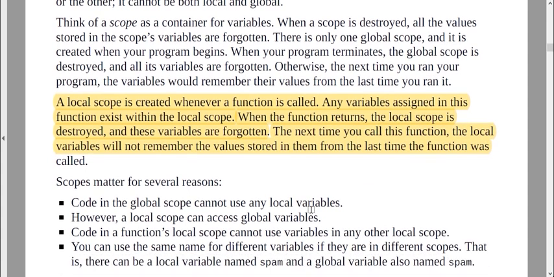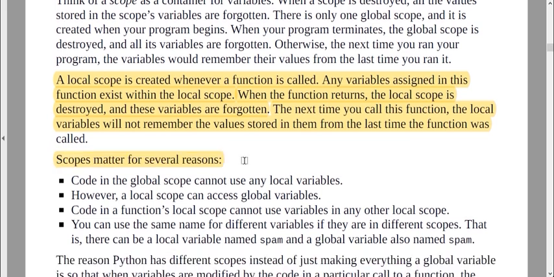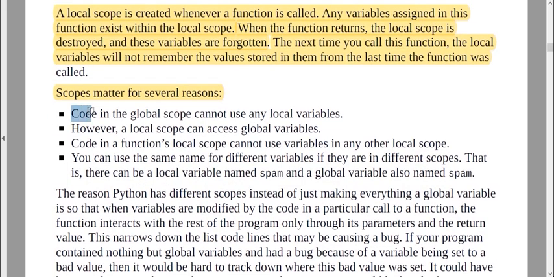So there are certain reasons why scopes matter. Let me tell you the reasons. The first one is, code in the global scope cannot use any local variables. That means any global variable cannot access any local variables from a function's call. However, a local scope can access global variables, because global variables can be accessed by any function which is